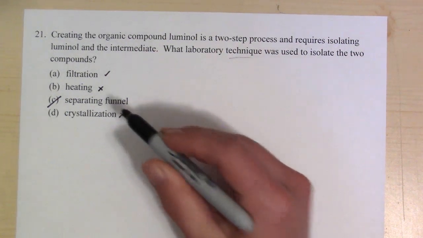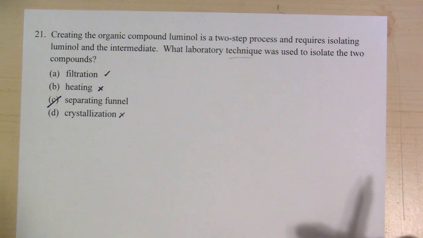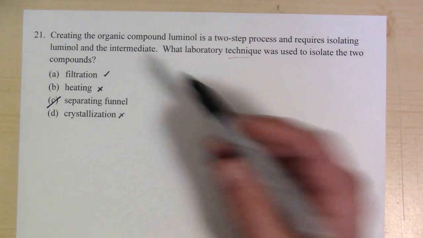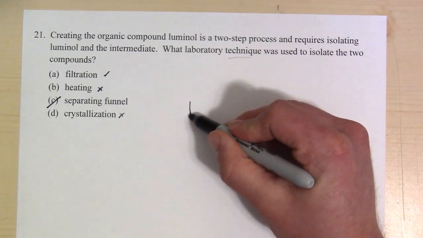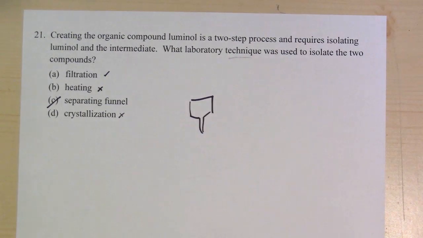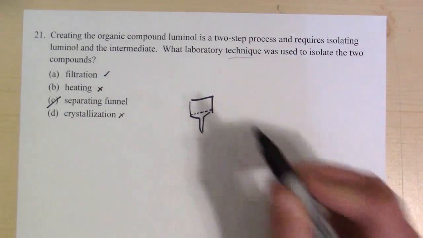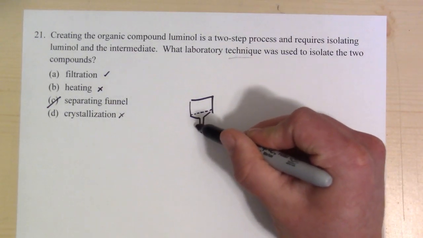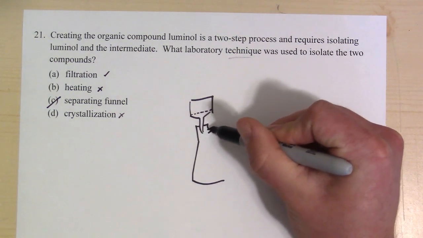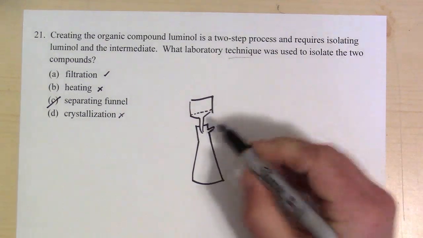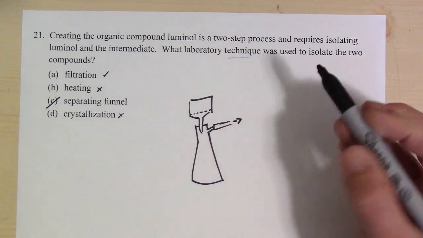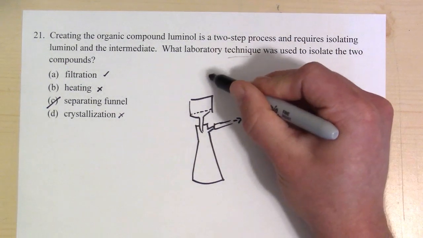So that one is likely out as well. If you think back to the luminol lab, you did use this, not the separating funnel, you used the Buchner funnel. So that little guy where you put your filter paper in here, you then attached that to your filter flask. Remember the one with the little sidearm? You hooked that up to your aspirator, and then you pulled your solution